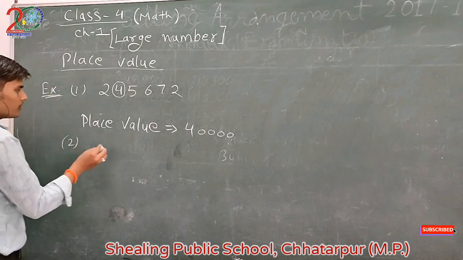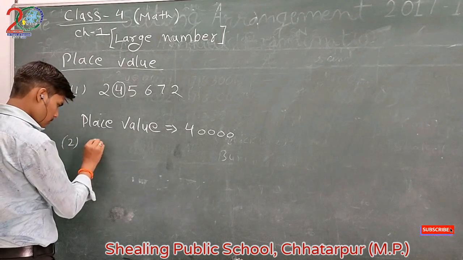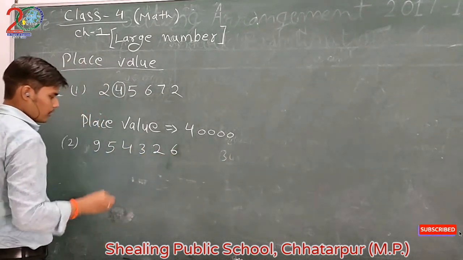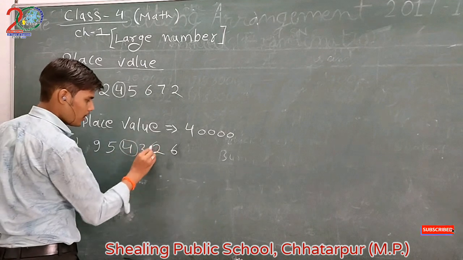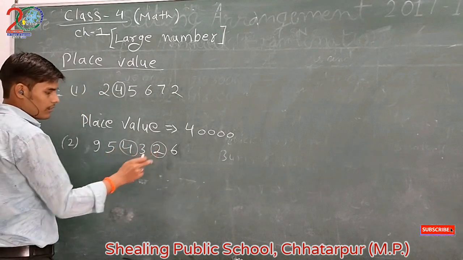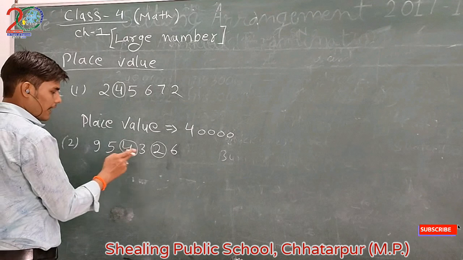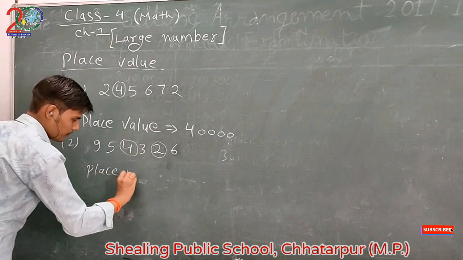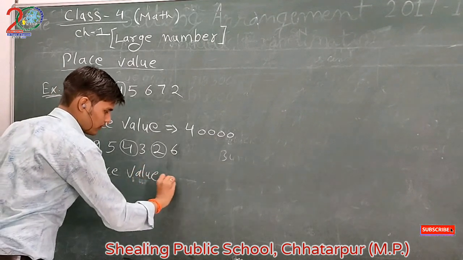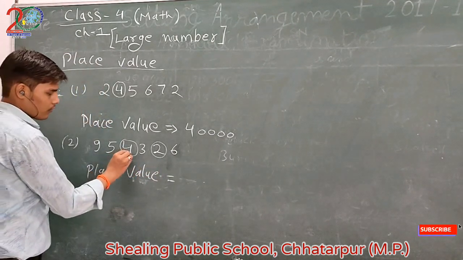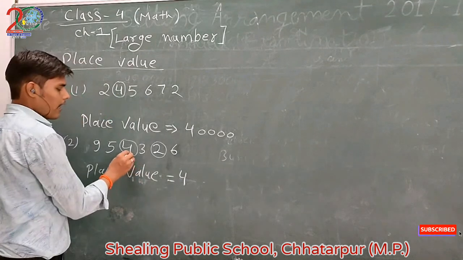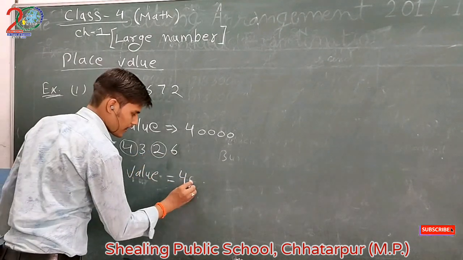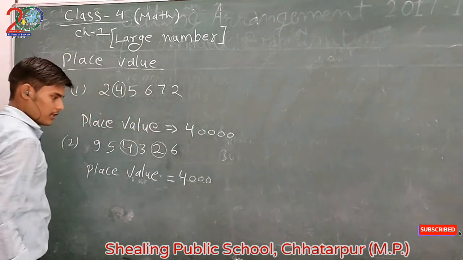Second, we also take one more number. Here is 4 and 2. Here are two circled values. So we write down the 4 and 2 place values. First we write down the 4 place value. So first we write 4 here. Then after 4, how many digits? Here is 1, 2, 3. 3 digits are there. So we put three 0s.